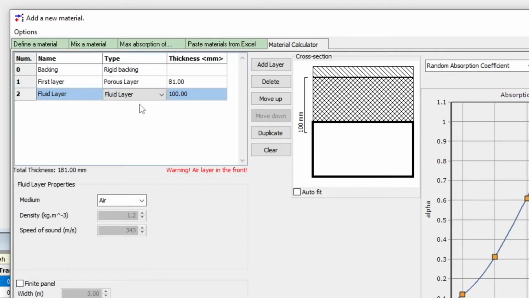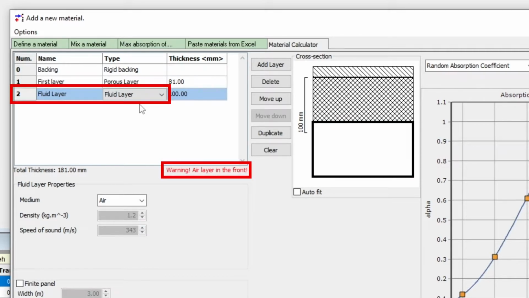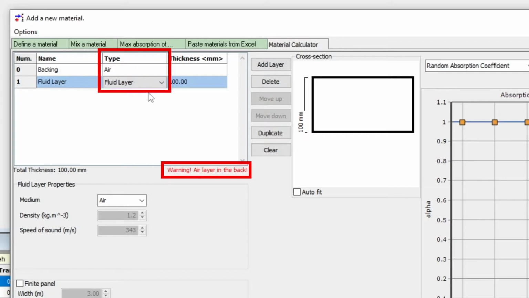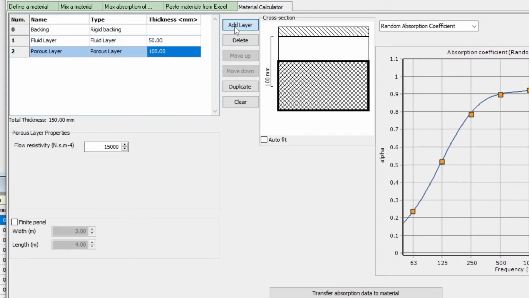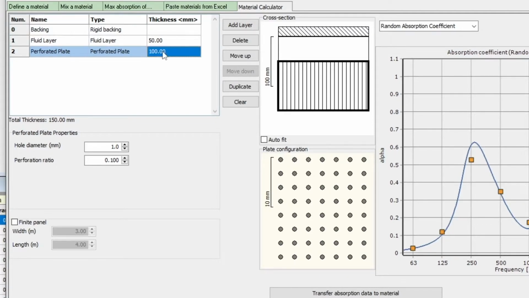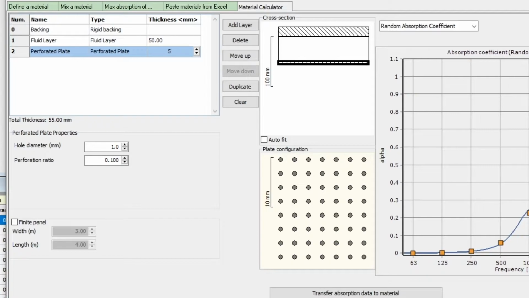Be aware that an air layer will be ineffective if placed at the end or in front of an air backing. For a perforated plate, you can define the hole diameter and the perforation ratio.